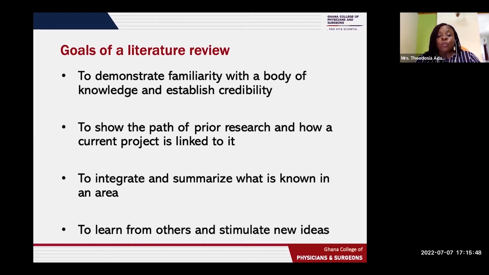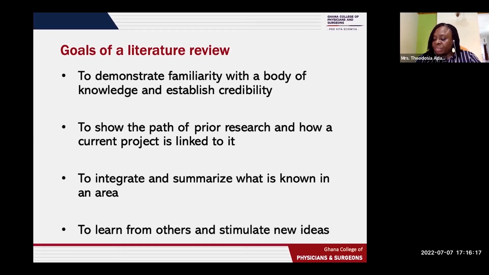Thus, a good review points out areas in which prior studies agree, disagree, and major questions remain. For many of our students, they don't appreciate that. Many people just list the studies, but it's more than just listing. It's critiquing, it's comparing. So it collects what is known up to a point in time and indicates the direction